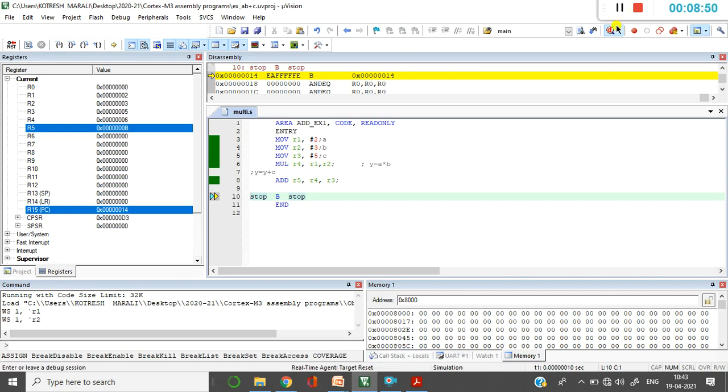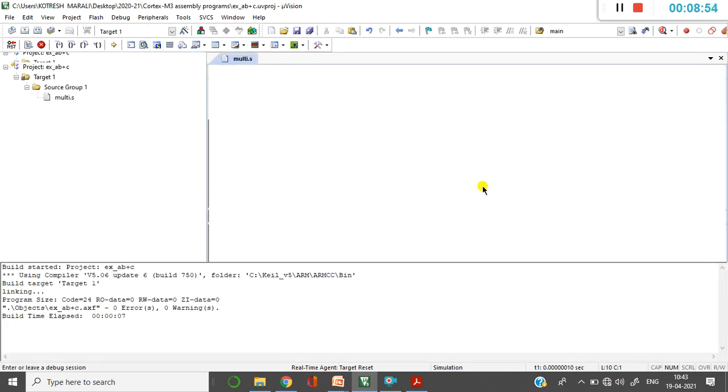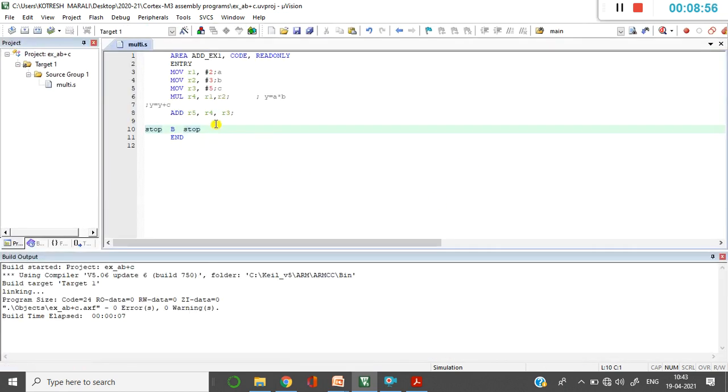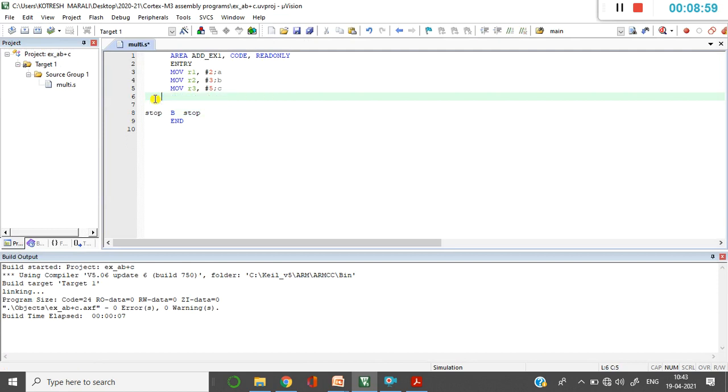Okay, so now instead of this, can I make use of MLA? And if I want to use that MLA instruction, then how do I do it? So I'll remove this instruction here. I simply say MLA instruction. So the output register is R4, R4. And what is to be done? R1, R2. So the first two registers, whatever you write, that will be multiplication.